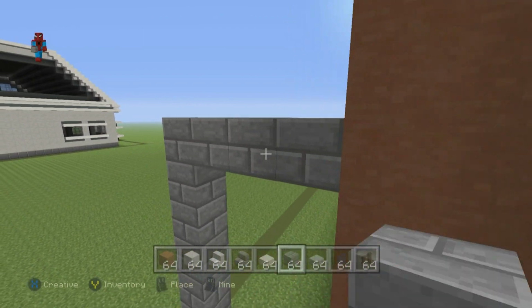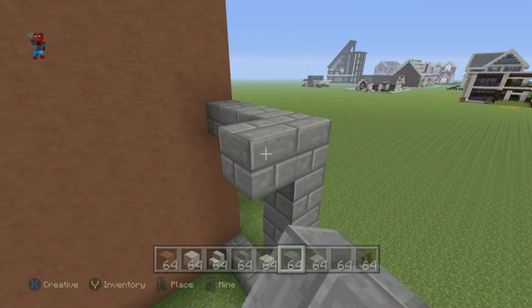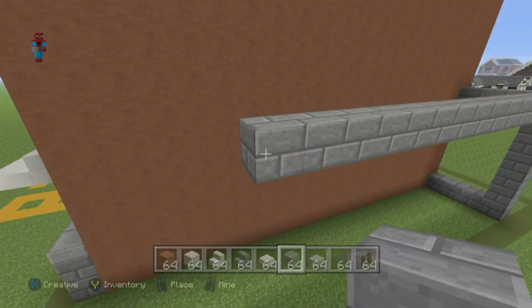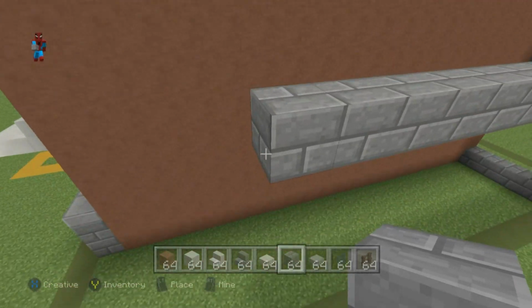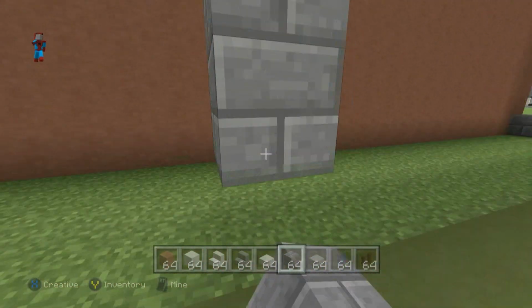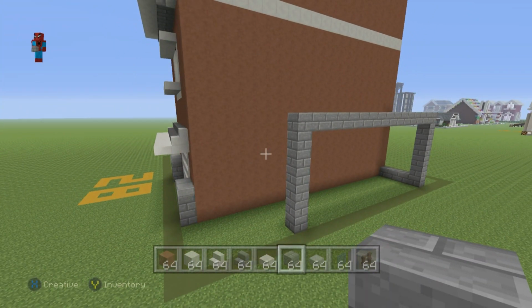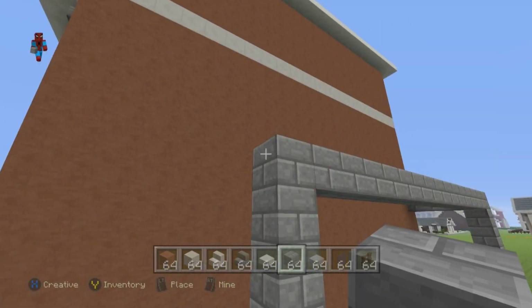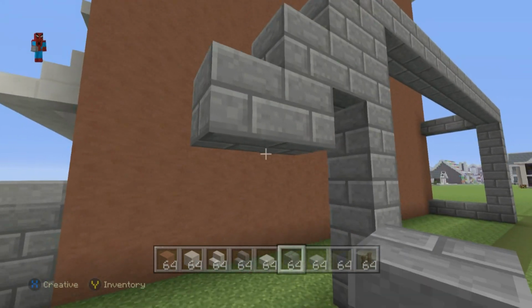Connect it to the right. And we also want to extend this 6th block forwards by a random amount. Extend it forwards until it is covering about 2/3 of the front of the house, like this, and then extend that down to hit the ground like that. Now, once you've done that, we want to take this top block, and we want to do bottom left diagonals coming towards the front of the house